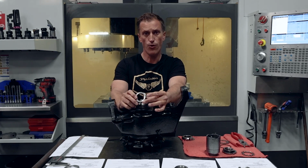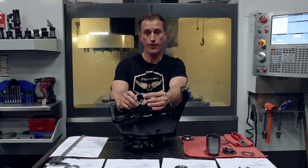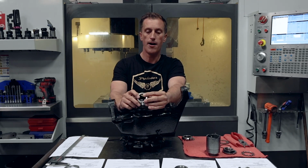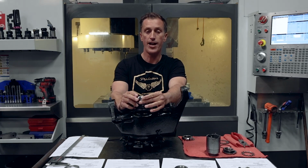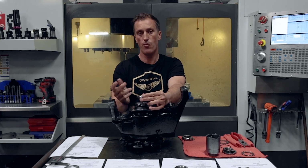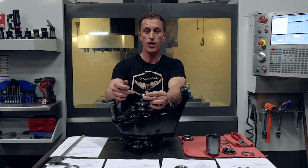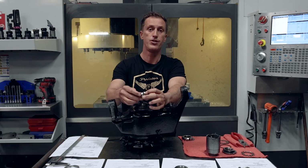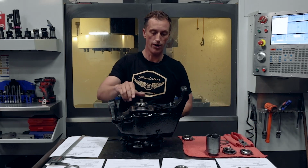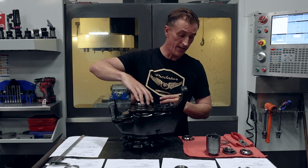You put 90 foot-pounds of force on this guy, it's gonna back off a little bit. Now the tabs may or may not hold it in place, but it will loosen up. Eventually what's gonna happen is complete failure because those tabs are gonna wear out, the keyway is gonna wear out, and that pushes us into the final version, final spindle nut that we're gonna talk about today,